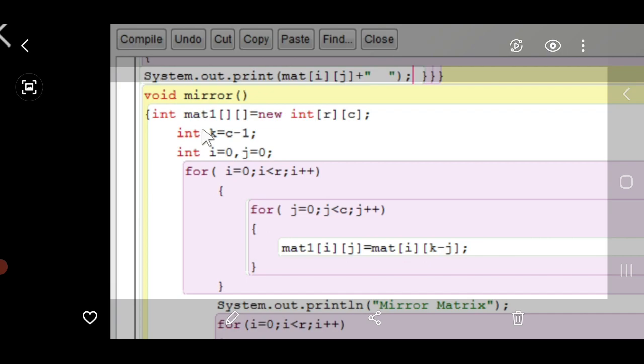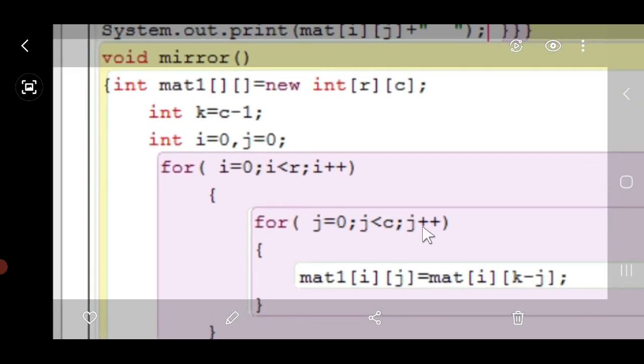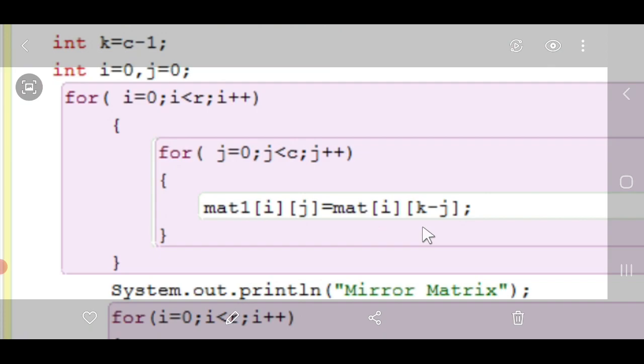Now just see how it works. I have declared i and j outside the loop, in fact. So for i equal to 0, i less than r, i plus plus, for j equal to 0, j less than c, j plus plus, and after that we have to copy the data. Which data will be copied?